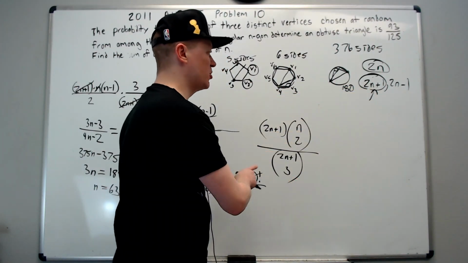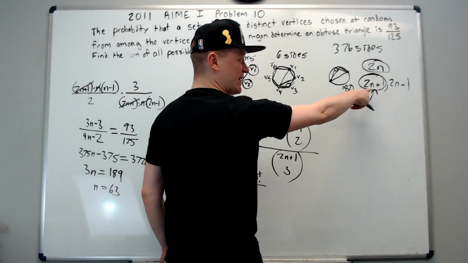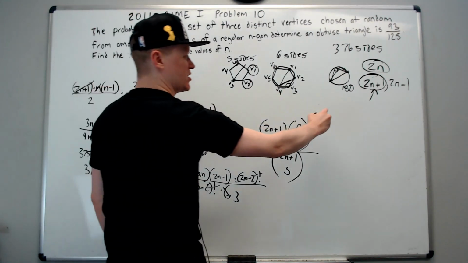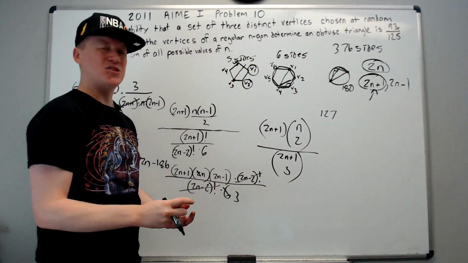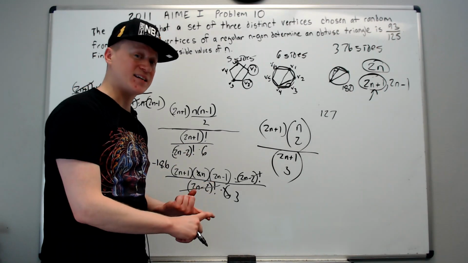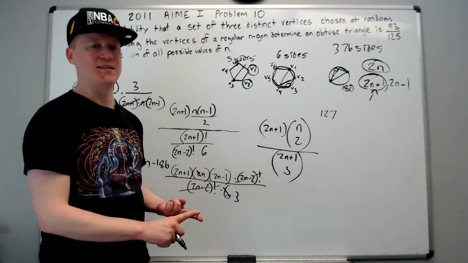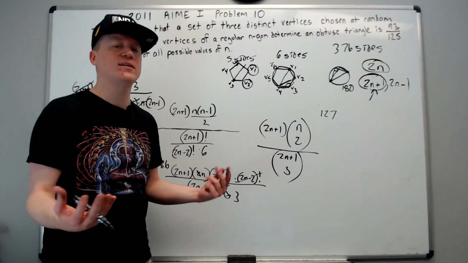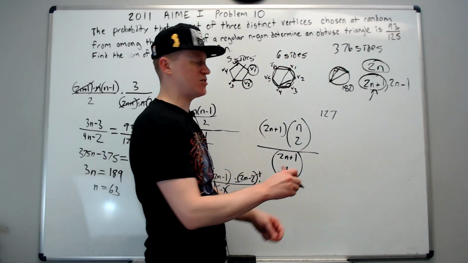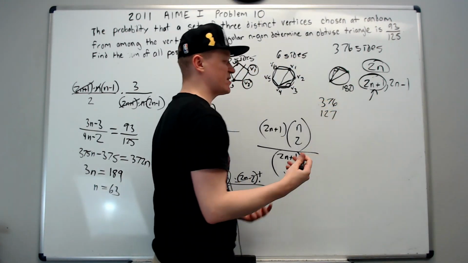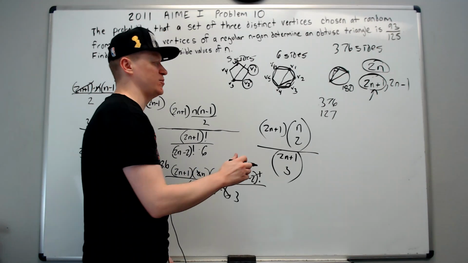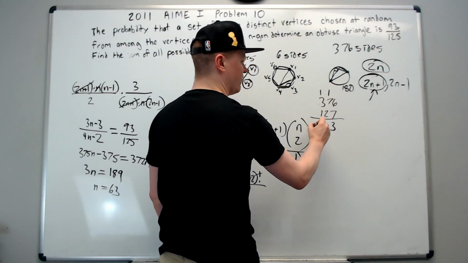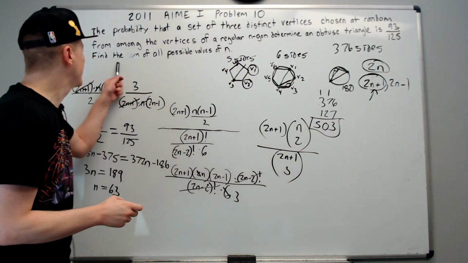So plug 63 into the n, and you will get 2 times 63 is 126 plus 1 is 127. So we've checked, let's make sure we got it right, the even case, even number of points, and the odd number of points. And we found only one solution for each. There are no other possibilities. There's only even and odd. We can be sure that these two answers, 376 and 127, are the only possible values. So when we add, we get 3 and 1 and 10 and 1. 503 is the sum of all possible values of n.